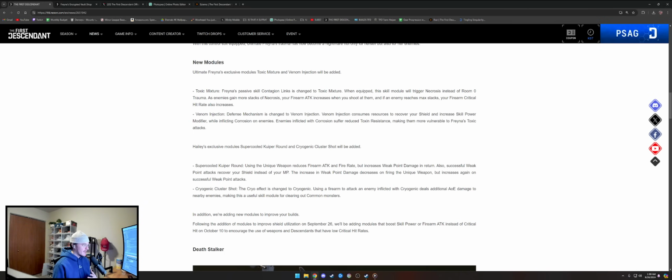And then we've got her mobbing Transcendent mod, or at least what looks like her mobbing Transcendent mod. The cryo effect is changed to cryogenic. Using a firearm to attack an enemy inflicted with cryogenic deals additional AoE damage to nearby enemies, making this a useful skill for clearing out common monsters. So a mobbing Transcendent mod, right? So basically,